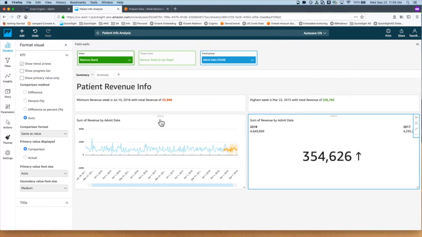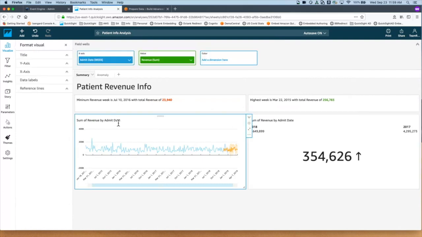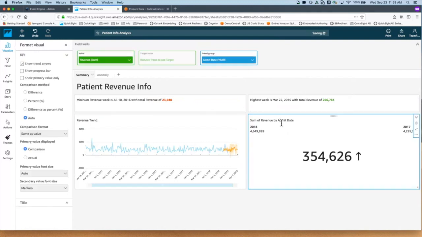Now, for both of these, the title that's automatically generated by QuickSight says sum of revenue by admit date. But now that we changed the nature of this, we can give it a more meaningful title as well. So for that, I can just click on that first visual. I'm just going to click on the title, and it's a freely editable field now. I'm going to call it revenue trend instead. And likewise for the second visual, I'm going to call that